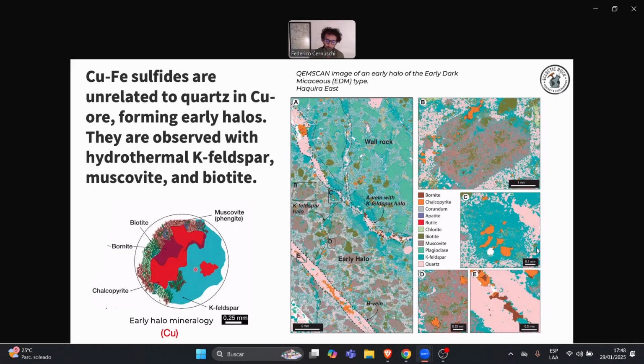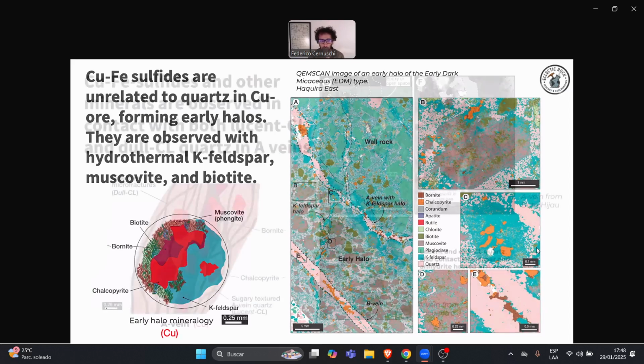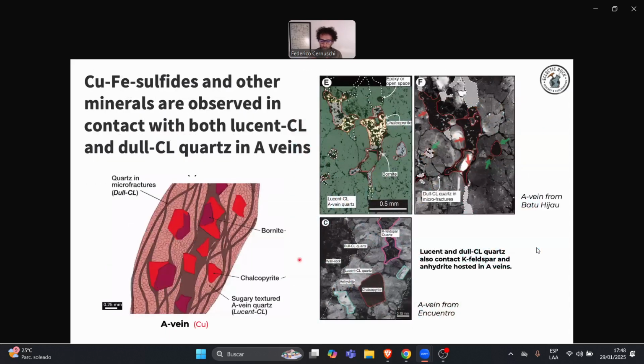And what we see in terms of the sulfides is that chalcopyrite and bornite are usually completely enclosed in K feldspar or in between shreddy muscovite, biotite, and K feldspar, which shows that these sulfides precipitated with these silicates during the formation of the early halos, and it has to happen at relatively high temperature, above that 450 degrees. When we go to the A veins,